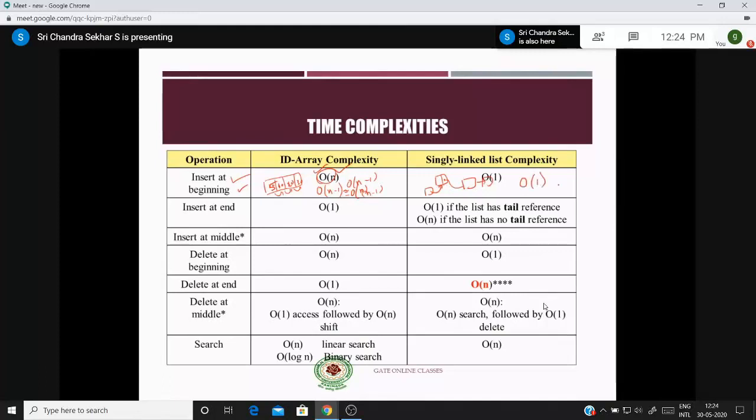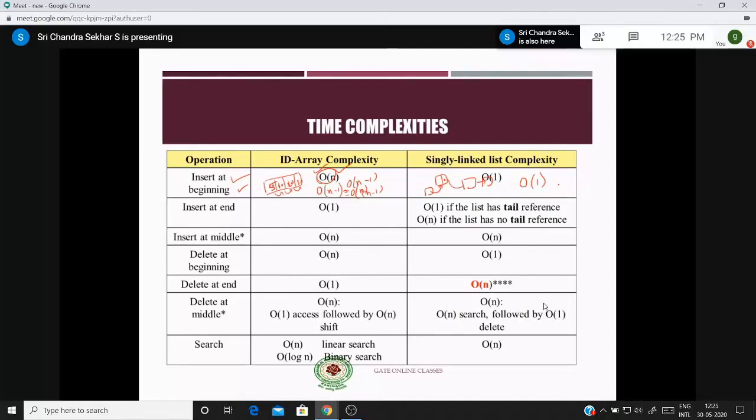Why I am stressing these particular time complexities is that in singly linked list you will get some questions related to the time complexities. So for inserting an element at the beginning of the singly linked list, the time complexity is just big O of 1. You just need to modify the pointers, right?